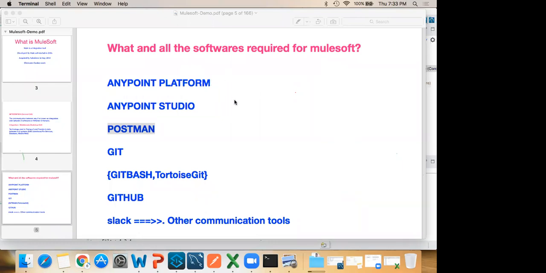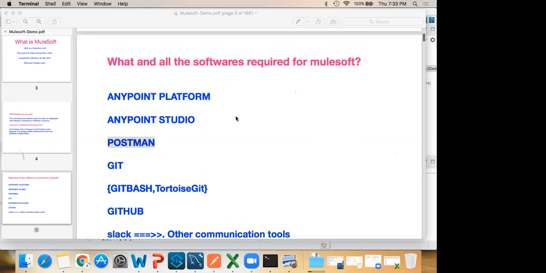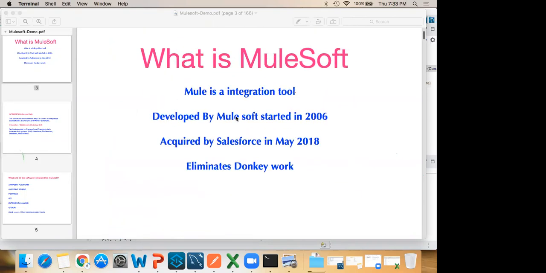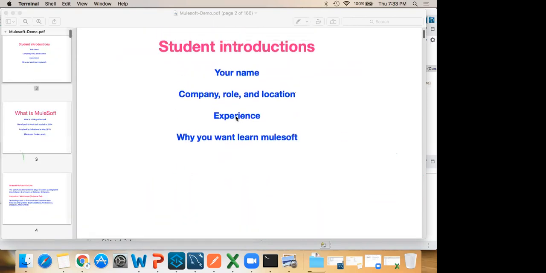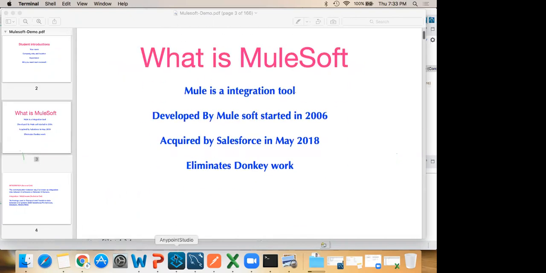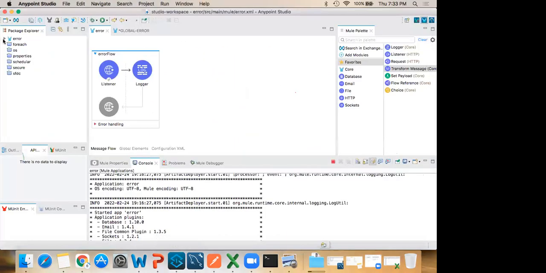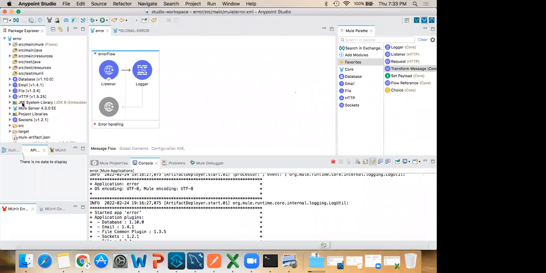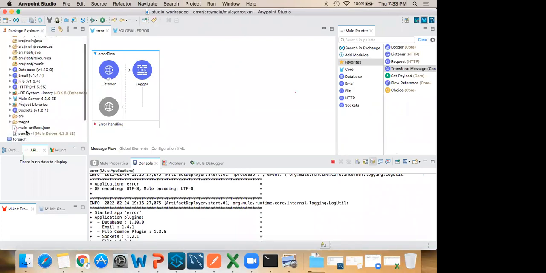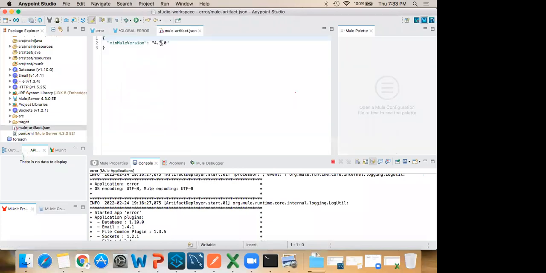When was the Mule 4 version released? See, Mule 4, we got it a few years back. Okay, 3 years back. Right now, I am using Mule version 4.4.4. If you see here, Mule artifact.json, right now I'm using Mule version 4.3.0. They released the MuleSoft 4 version 3 years back.